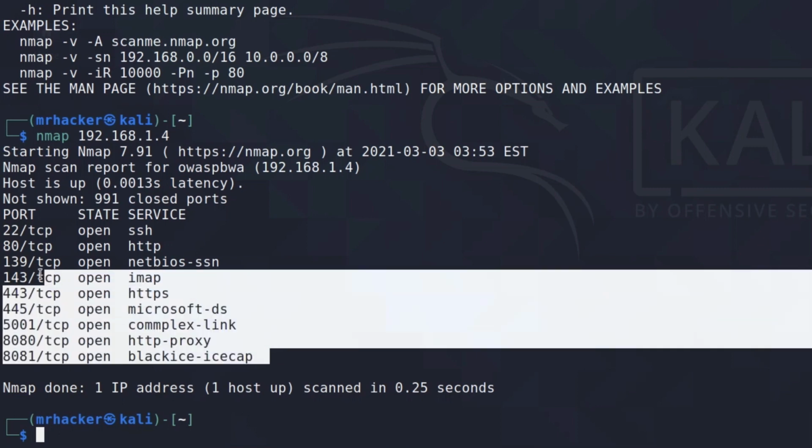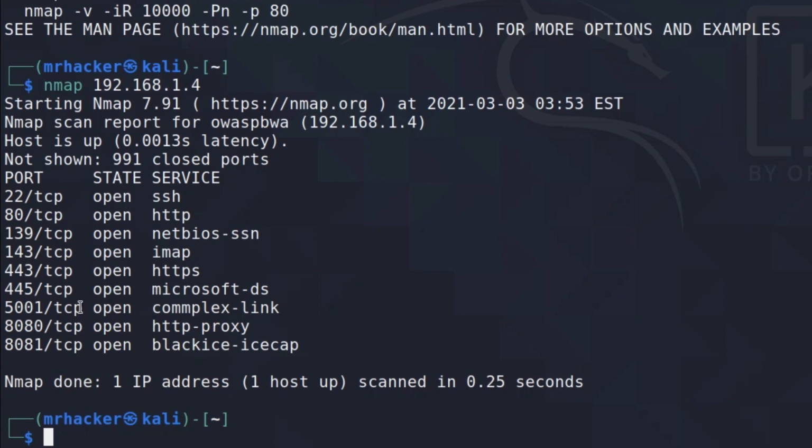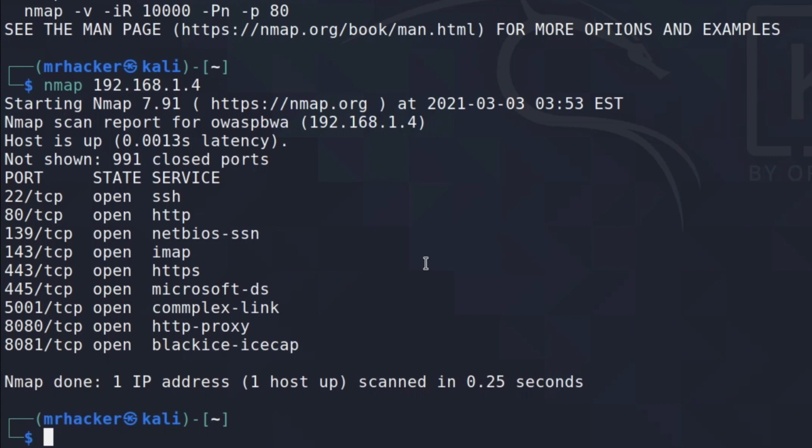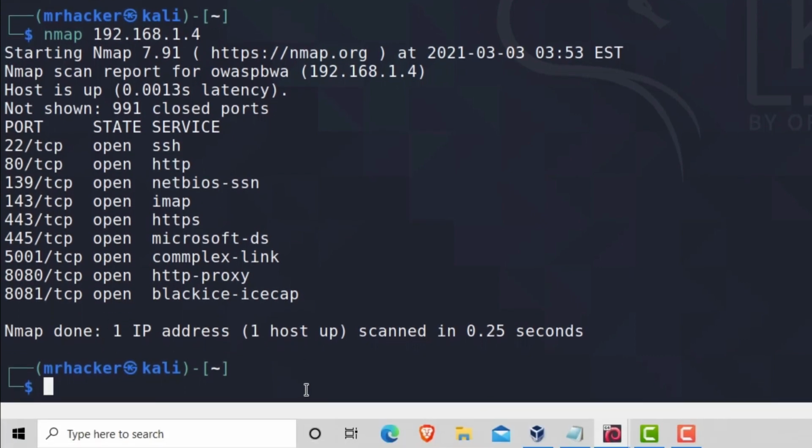So this very basic scan gave us the output of all of the open ports, and it also told us that it found 991 closed ports. Now, why is that? Well, nmap by default scans the 1000 most known ports. And out of those 1000 ports, 991 were closed, while these 9 ports were found to be open. If you want to dive even deeper into these open ports and perhaps discover the version of a service that is running on an open port, you can run this command,